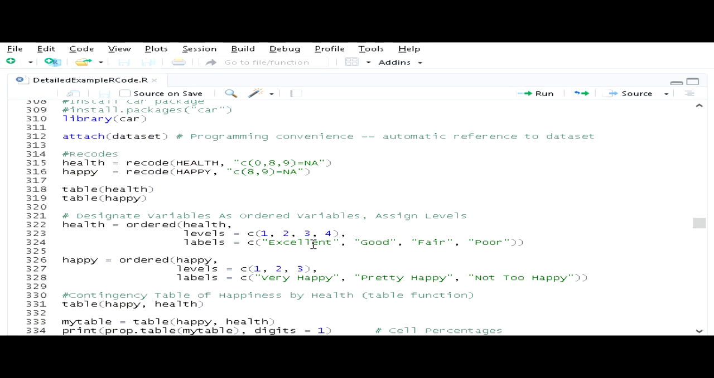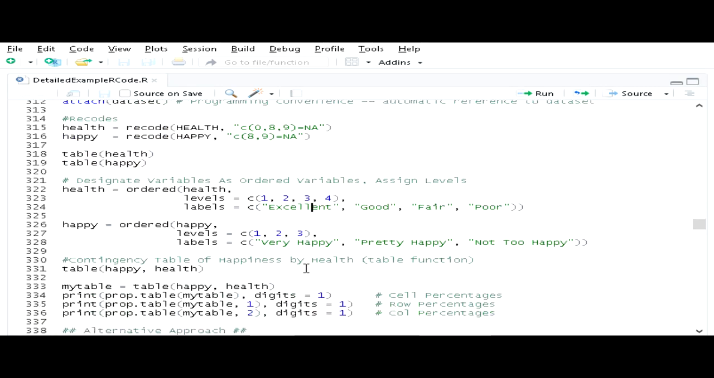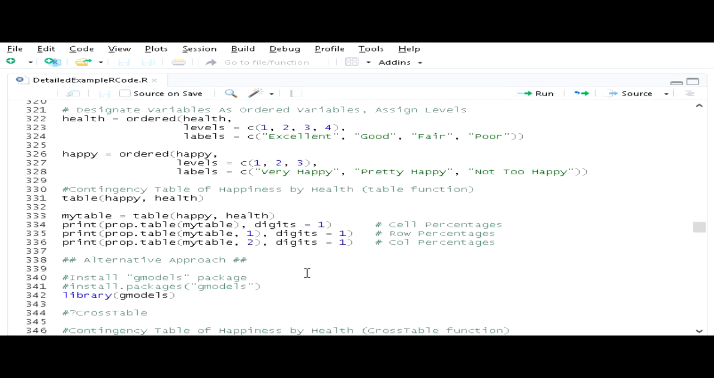And it'll overwrite the existing values of health and happiness that I recoded here, attaching value labels to those values. And so now what I can do is actually create crosstab or contingency tables with my new variables. And so I can use the table command, and if I put two variables in it, it'll make a two-way table. And so if I go to my output window,